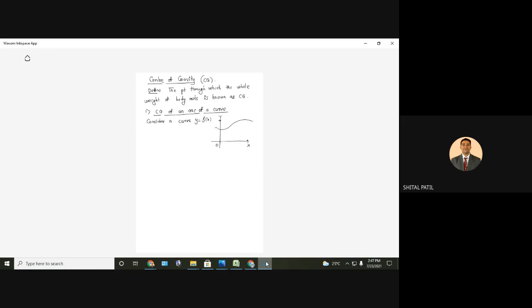This is the curve. So our aim is to find the center of gravity of this part. Say this is A, x equal to A, and x equal to B. So the CG of the arc from x equal to A to x equal to B is